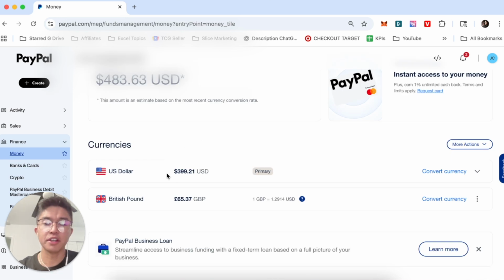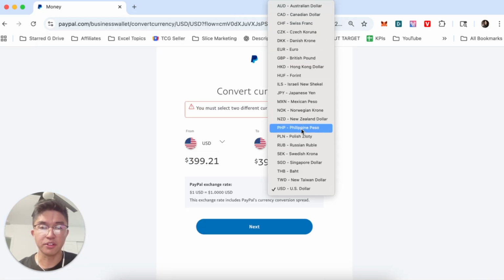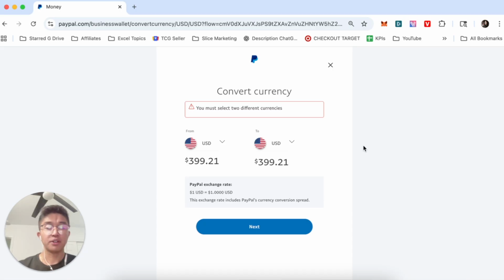Now, this is where you're going to see the list of currencies in your PayPal account. So if you have US dollar, just click on convert currency and then change the to country here to whichever currency you want it to be exchanged to. But there you have it, guys. That right there is the best and easiest way that I know of to actually go ahead and convert money